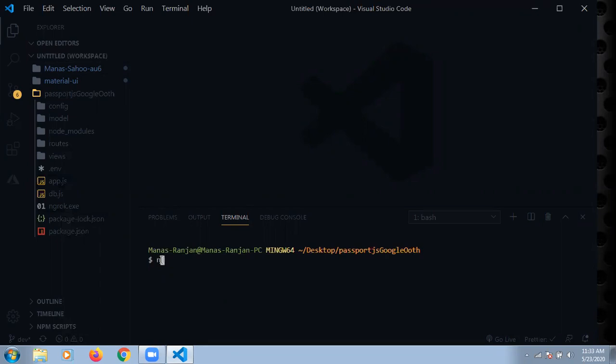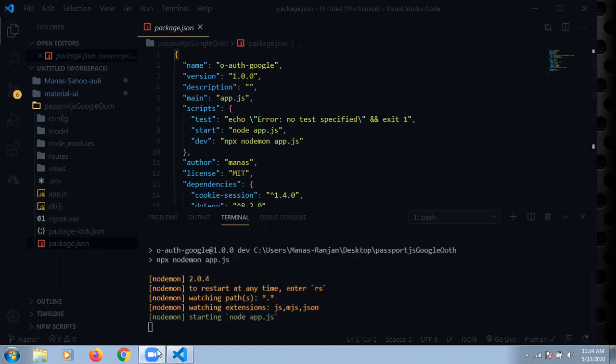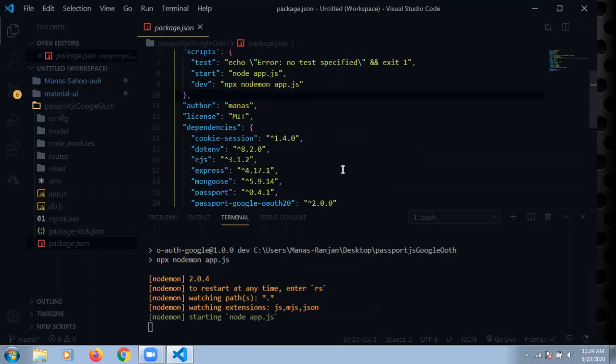I'm running my Node application with PM2, which I already mentioned inside my package function. I can show you this also.